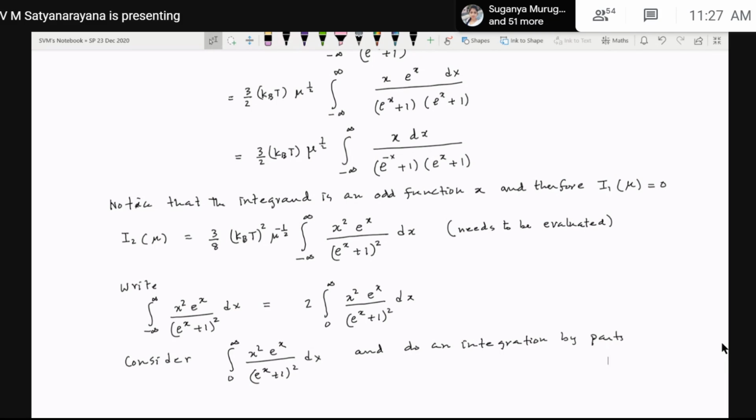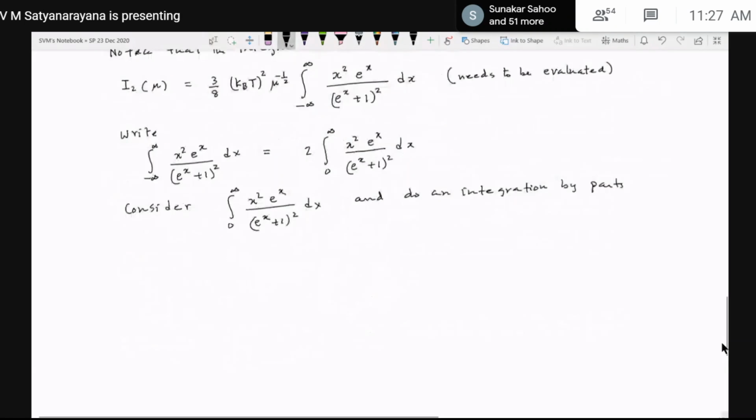What kind of integration by parts do I do? I consider my u to be equal to x square, and dv as e to the x divided by (e to the x plus 1) the whole square into dx. Then du is 2x dx, and v is minus 1 by (e to the x plus 1). That is the integral